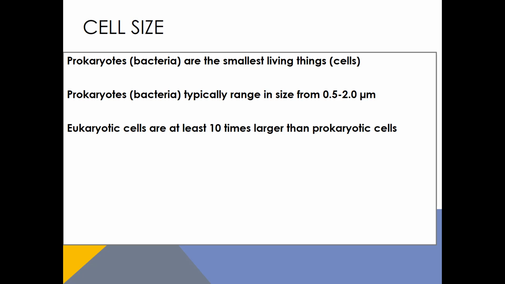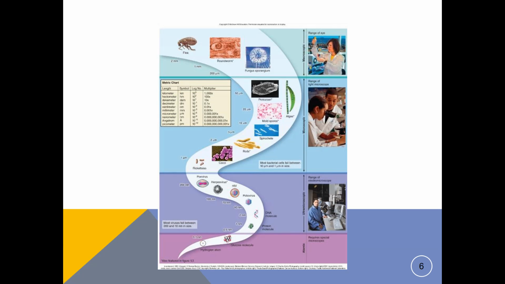So prokaryotes are smaller than eukaryotes. They are the smallest living cell, although viruses are even smaller, and eukaryotes are often at least 10 times bigger than prokaryotic cells. And if you remember this picture that I showed you from our very first day, starting with a flea, which we could see, and filamentous fungi, we have protozoans at the top, and then mold spores, and then we get into